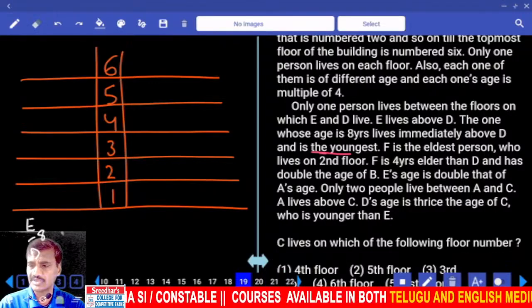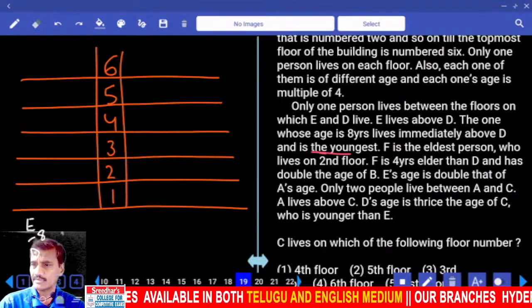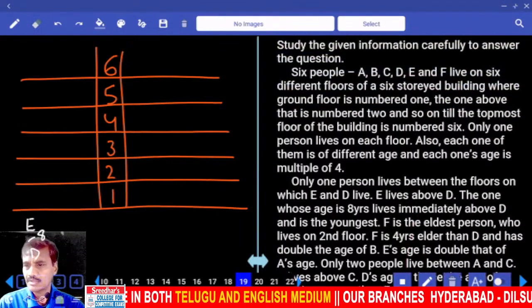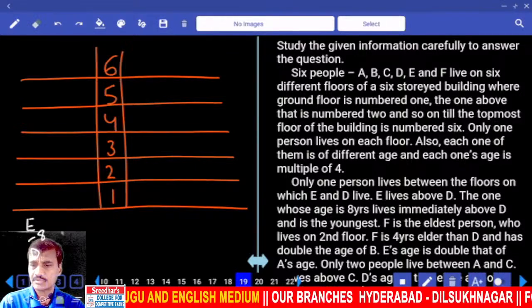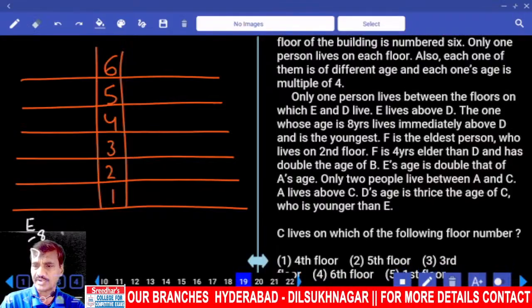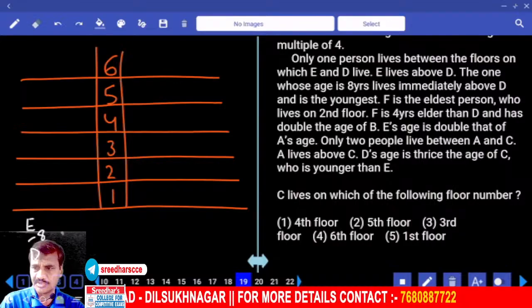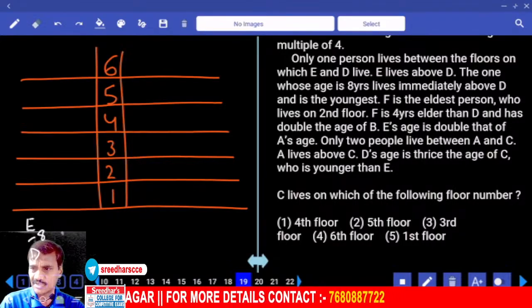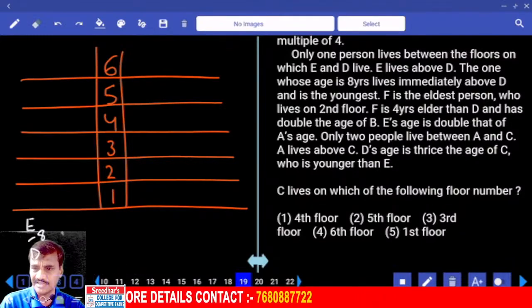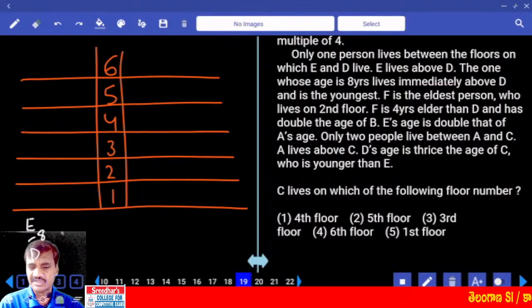Only one person lives between E and D. E lives above D, isn't it? Only one in between E and D. Each one of them is of a different age. The one whose age is 8 years lives immediately above D, and D is the youngest. As D is the youngest,